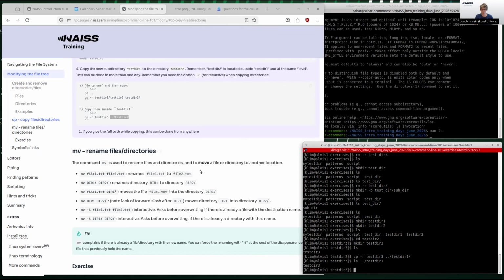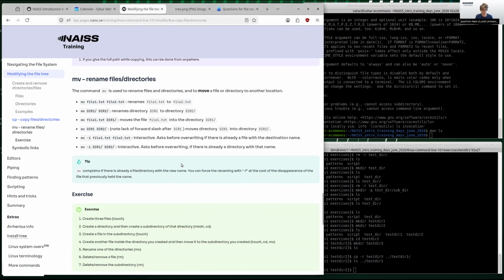Yes, and here we are coming to mv that we also mentioned briefly. It's used to rename files and directories. Always when you are using it with moving, try to use -i, as we mentioned. It's important to warn you with the message. But we can just go through this list. mv